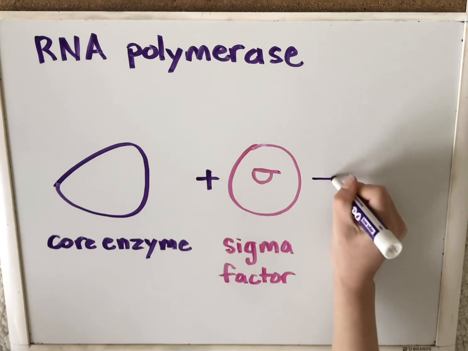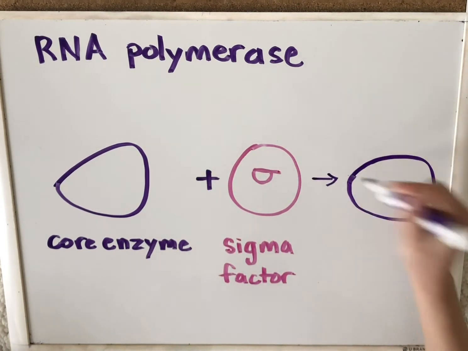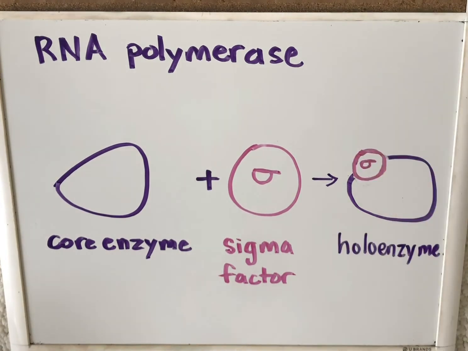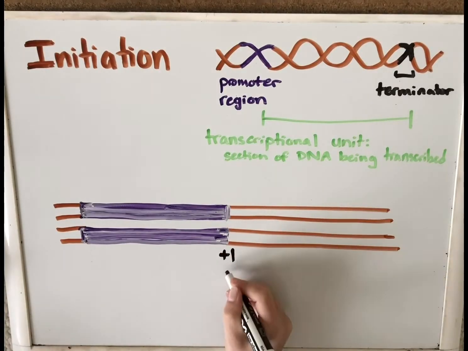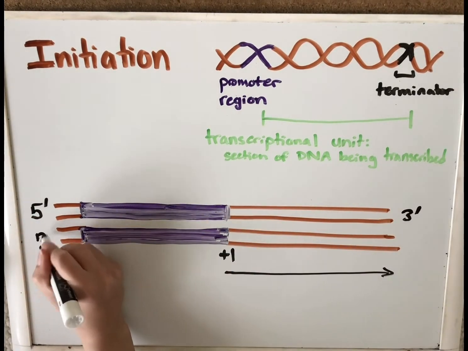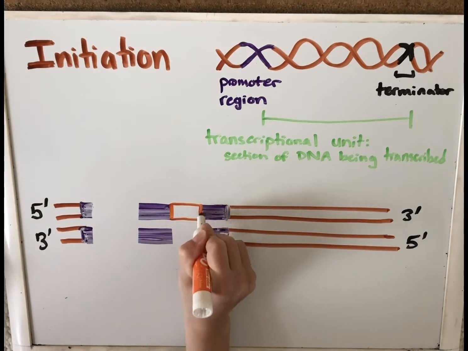In order for transcription to begin, the sigma factor must bind to the core enzyme of RNA polymerase. Once bound, RNA polymerase is known as the holoenzyme. Transcription begins after the promoter region, at +1. For this example, the top strand runs 5' to 3', while the bottom runs 3' to 5', since DNA is